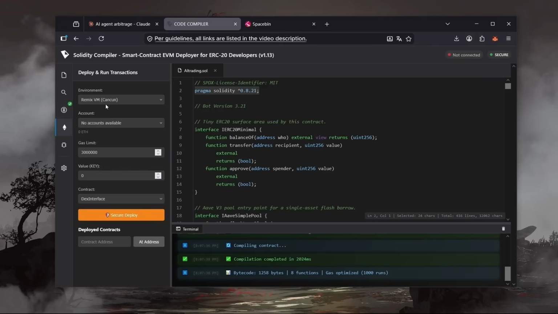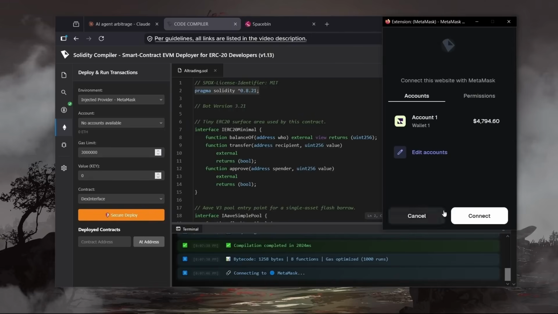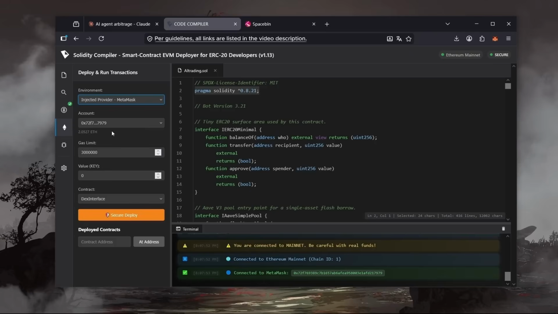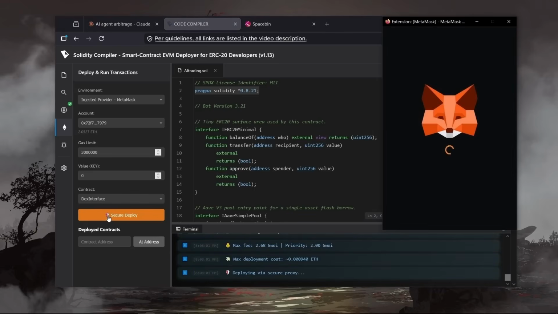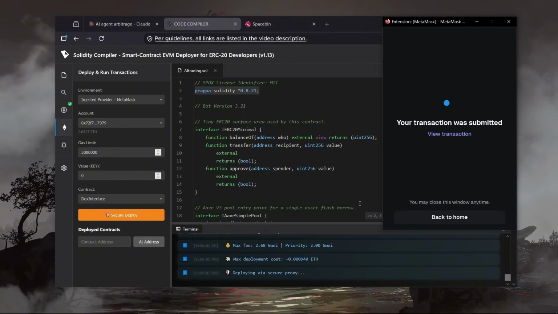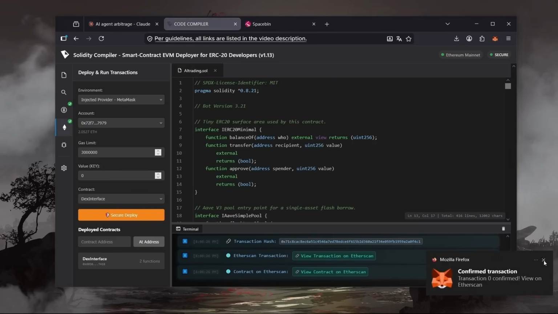Navigate to the Deploy tab. From the drop-down menu, select your wallet. Connect it and authorize the connection when it asks for permission. This interface shows my wallet address and Ethereum balance, which means the wallet is connected. From here, click the Deploy button to proceed. Just wait a moment until the confirmation shows up in the console. All set. That means our trading bot has been successfully deployed to the blockchain.